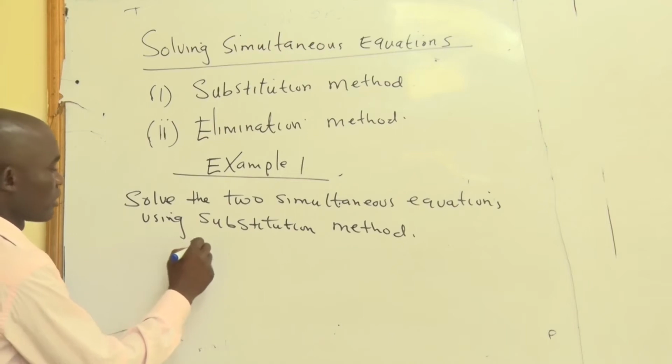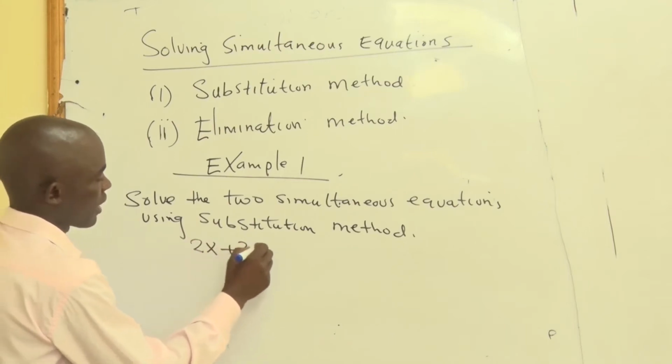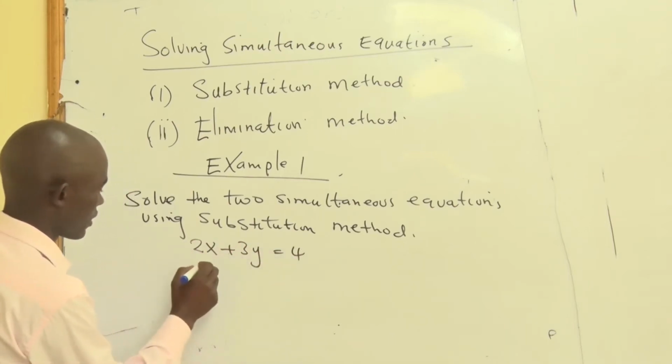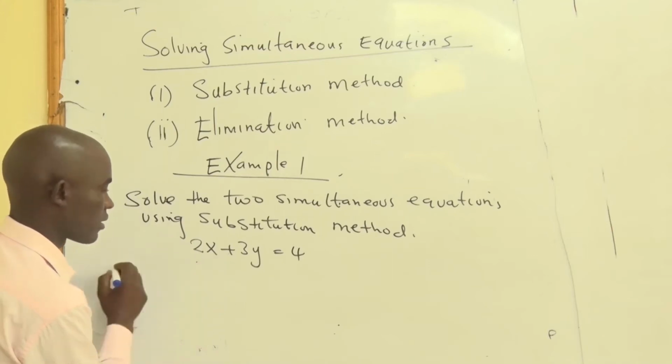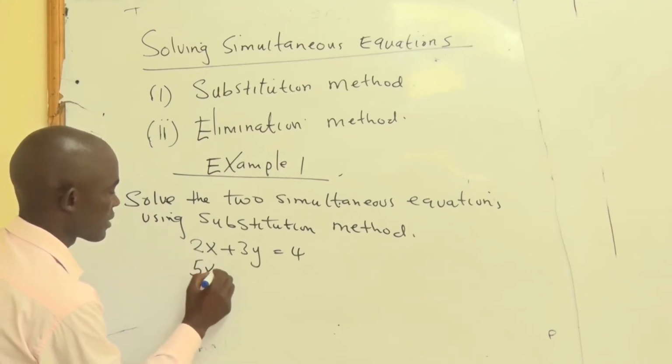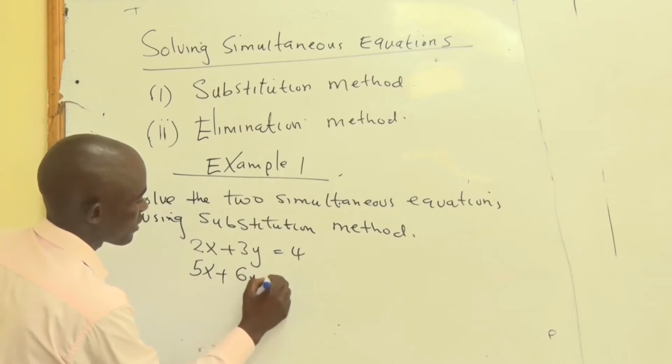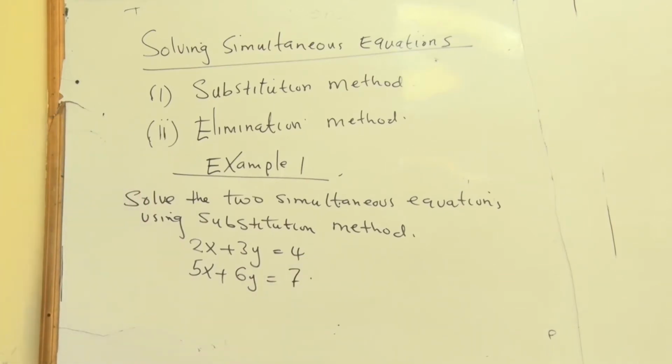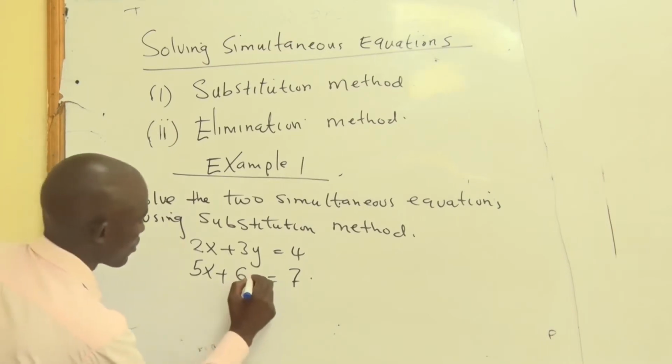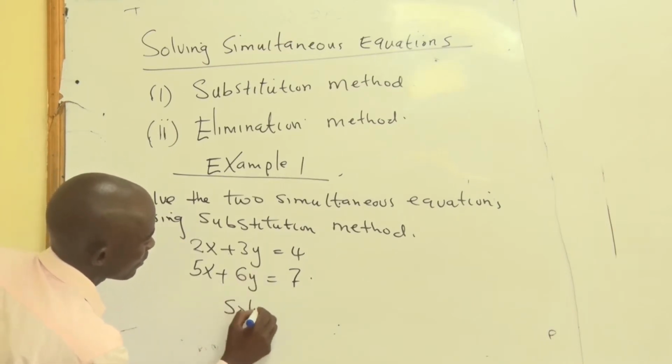You are given 2x plus 3y is equal to 4, and you are also given 5x plus 6y is equal to 7. If you are given such a question and you are told to use a substitution method, so what will you do? Solution,